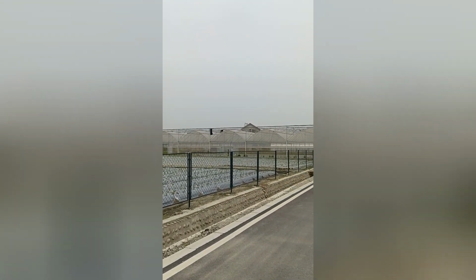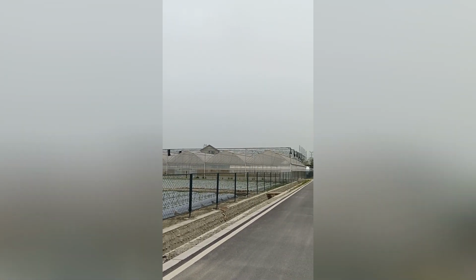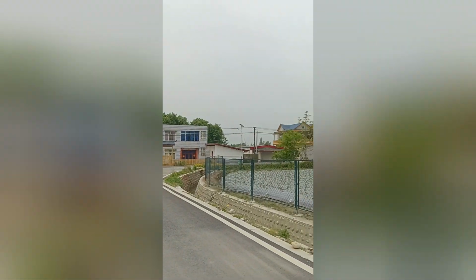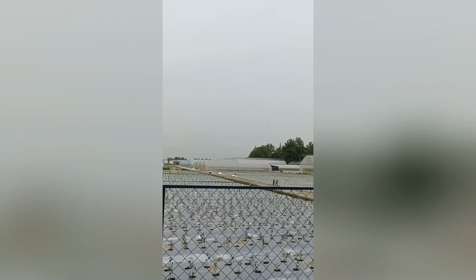This is the project in China domestic, and I can see this is the multi-span greenhouses here. We are taking a customer, and here we are visiting our project in domestic. This is the area which is mainly focused on growing vegetables. You can see over there is the tunnel greenhouse, and here this is the upgraded